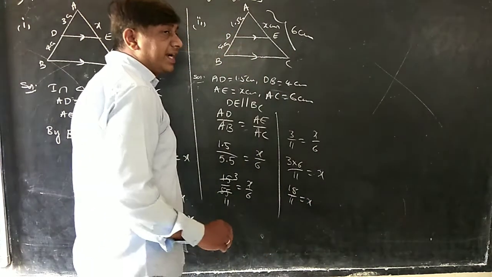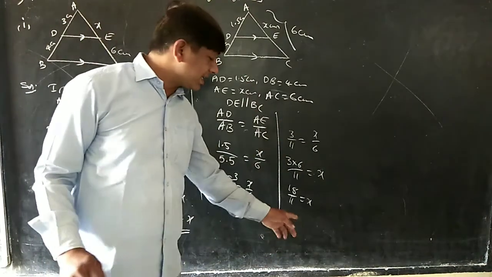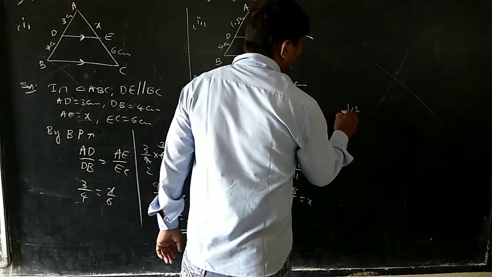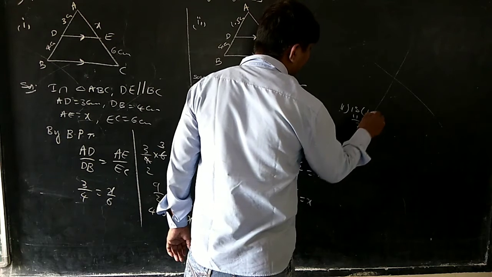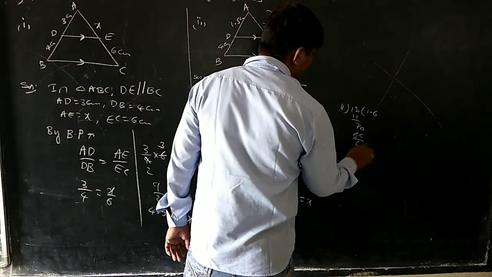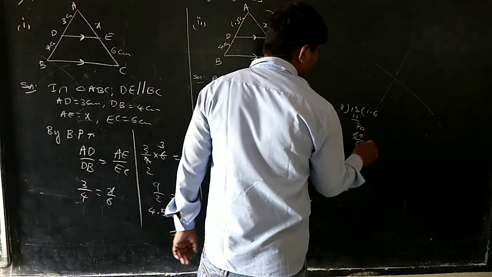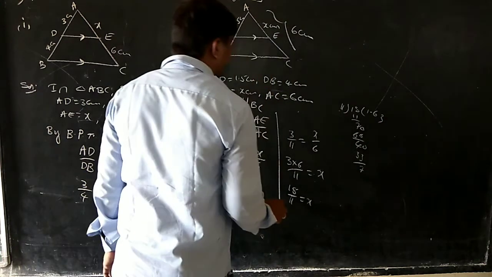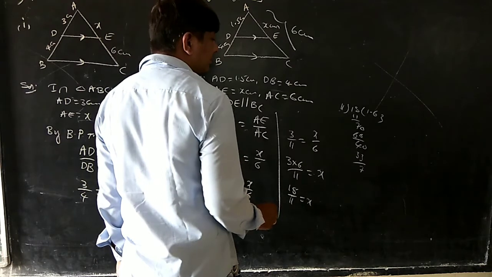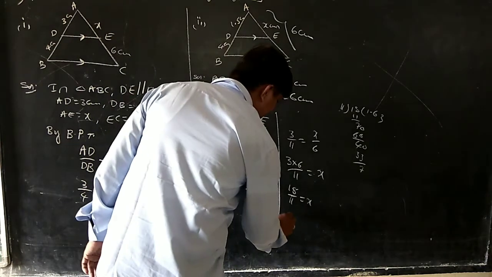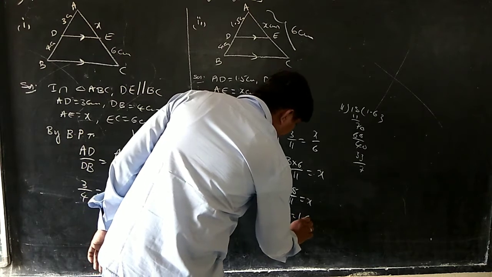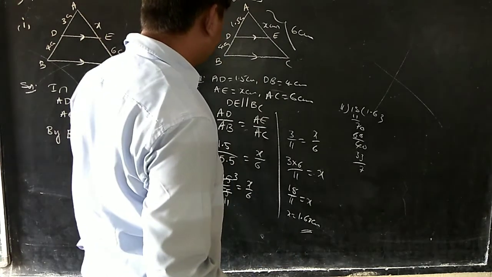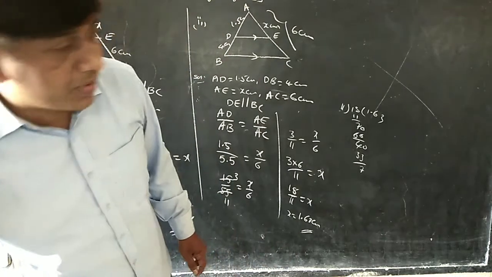Now you get an approximate value. You don't get an exact decimal value because 11 is a prime number. Divide 18 by 11. 11 ones are 11, 7. Put 0. 11 6s are 66. Point is at 0. 11 3s are 33. Again 7. It continues. Means 1.6363 and so on. X is equal to 1.63, approximate value.